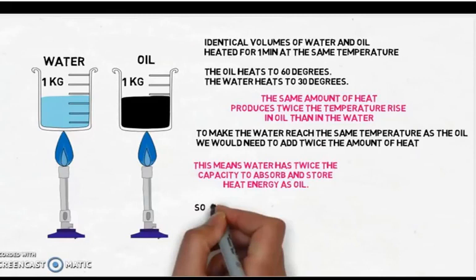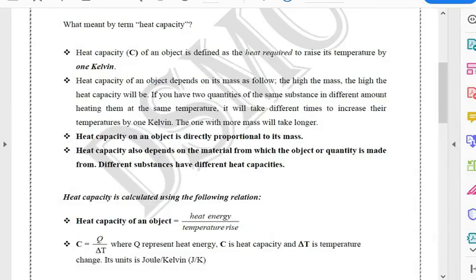This means that water has twice the capacity to absorb and store heat energy than oil, in reference to this example. So if you want something that is slow on absorbing heat, you use water instead of oil. I think you can just see it. When you put cooking oil in a pan, its temperature is going to rise much faster than that of water. Okay? So now, continuing,